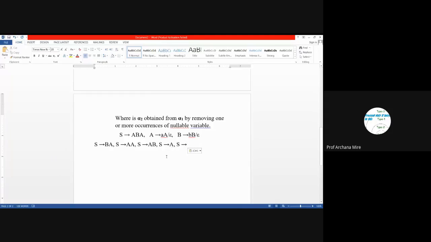Then we have deleted AB. We have deleted BA. Then we can delete this symbol, this variable capital B. Then the new production rule inserted is once again S leading to AA, but that S leading to AA we have already inserted in our grammar. That's why we will not repeat it.